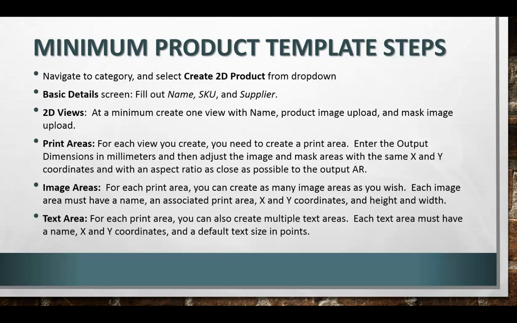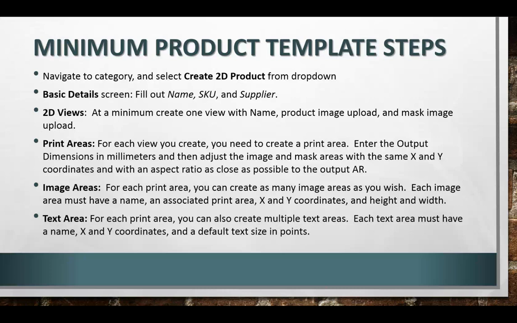You go to the 2D views, and at a minimum you create one view with a name, product image upload, and mask image upload. And then you go to print areas, and for each view you create, you need to create a print area and enter the output dimensions in millimeters, and then adjust the image and mask areas with the same X and Y coordinates and with an aspect ratio as close as possible to the output